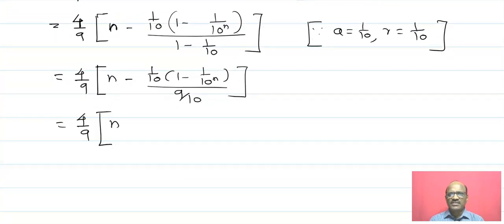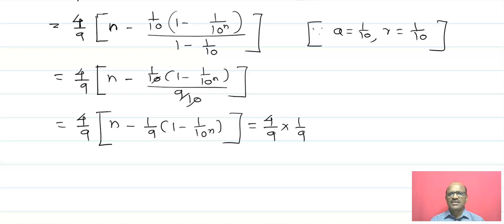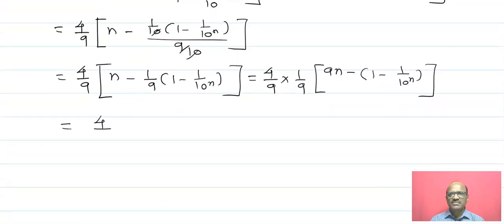That is 4 upon 9, that is n minus, the 10 gets cancelled and you get 1 upon 9 in bracket 1 minus 1 upon 10 raised to n. Now next, that is equal to 4 upon 9. Take the 9 as common, then you will get 9n minus in bracket 1 minus 1 upon 10 raised to n, bracket complete. Therefore 4 upon 81 in bracket 9n minus,